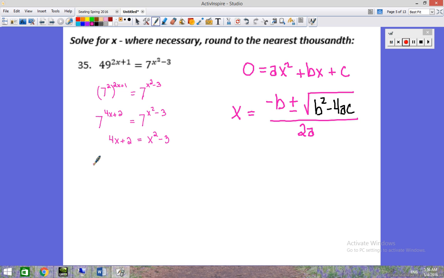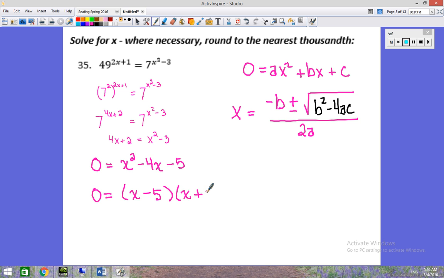Alright, so let's come back to our equation and get it in standard form. Let's subtract 4x from each side. When we subtract 2 on the left-hand side, it's 0. When we subtract 2 over here, it becomes minus 5. Now, I believe on this one that we can factor it. We won't have to use the quadratic formula, but it's fine. If you don't recognize that it can factor, the quadratic formula always works. We've got x minus 5